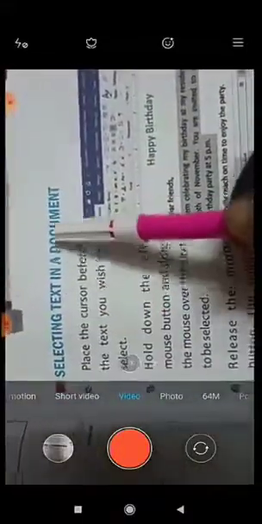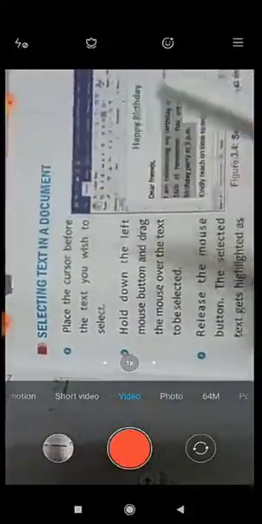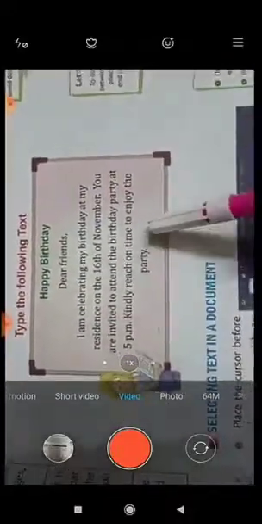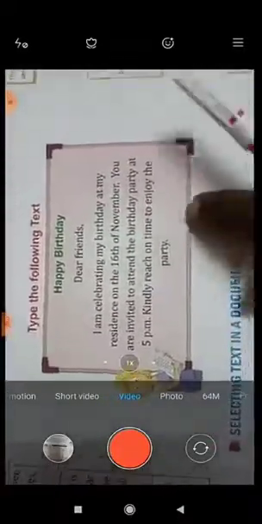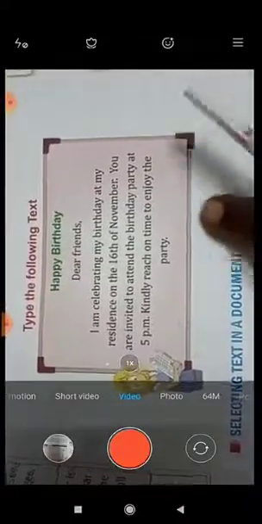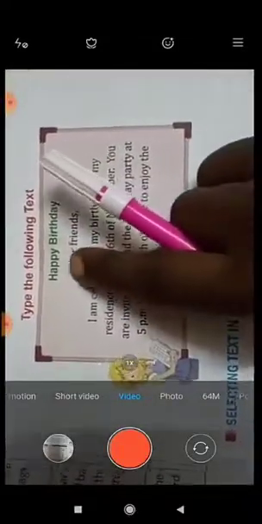Okay. Now the next topic that we are going to learn is selecting text in a document. How to select? For example, if you have typed here "Dear friends" and you want to make it red color. How do we do it? Your cursor is here. So you want to color this red. How can we do it? We move the mouse and bring the cursor point here.